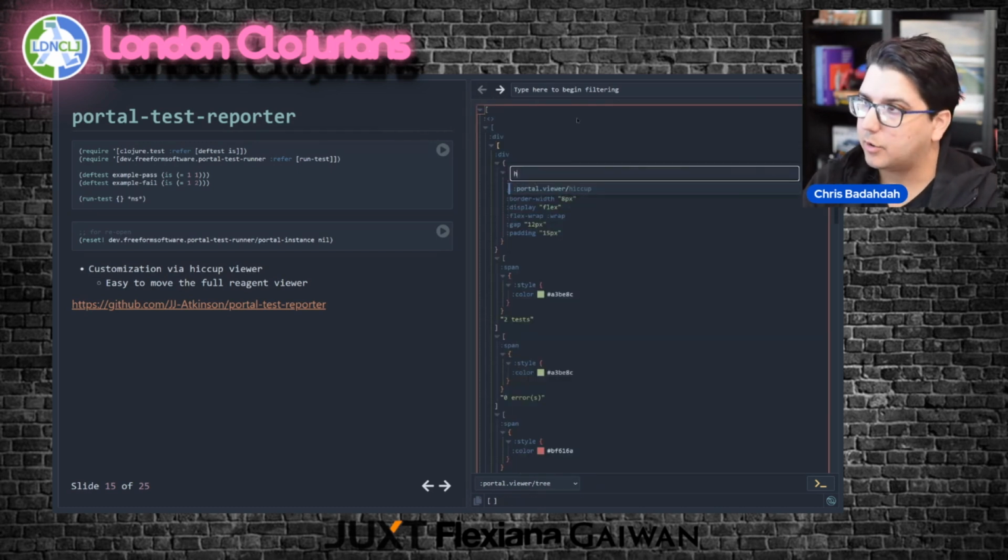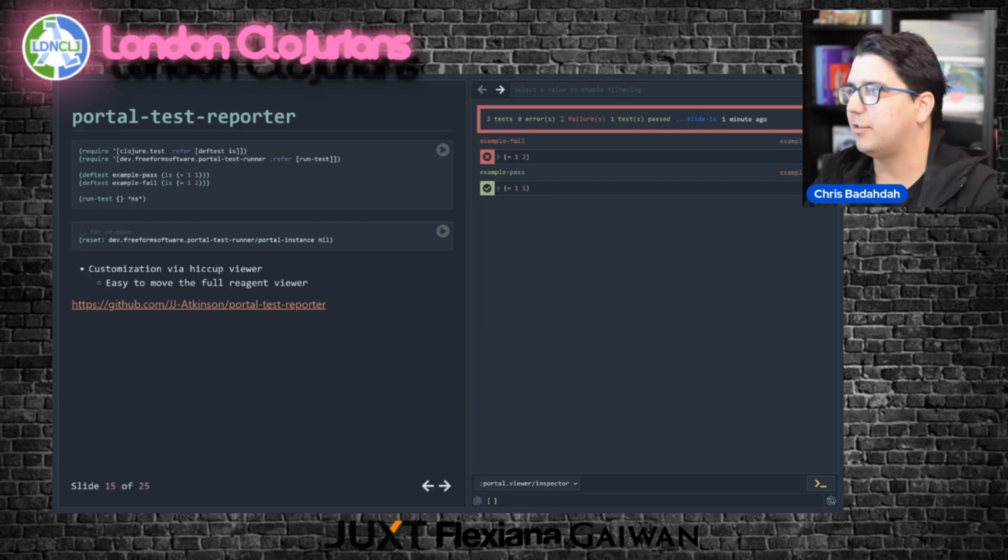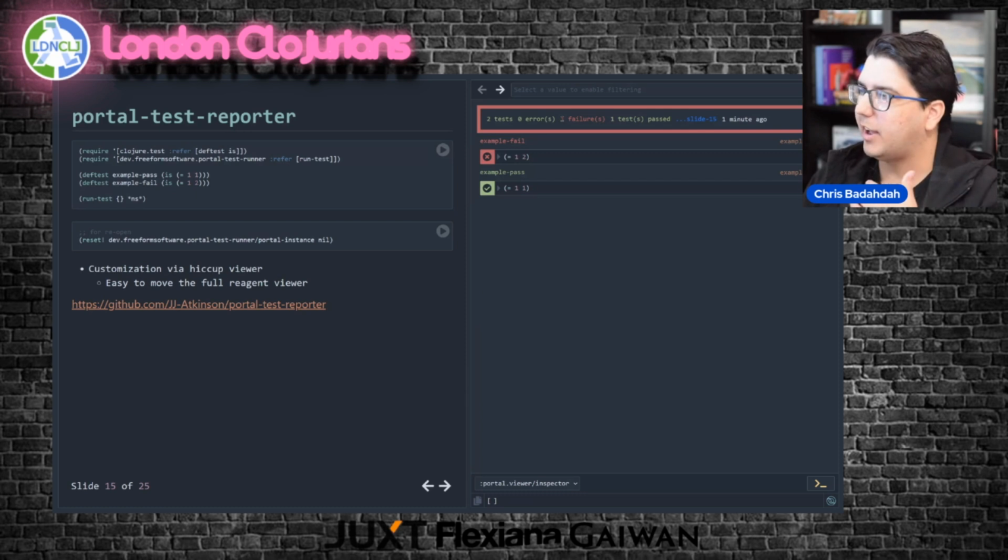And Portal's like, cool, this is Hiccup. And what's really cool is that Reagent components essentially return Hiccup, so there's an upgrade path to more interactive viewers if you wanted to invest the time and effort in both learning and polishing. You can progressively build out custom viewers for Portal itself.